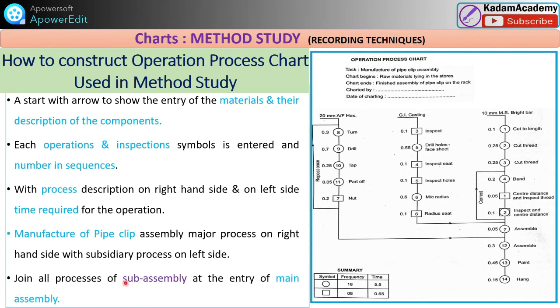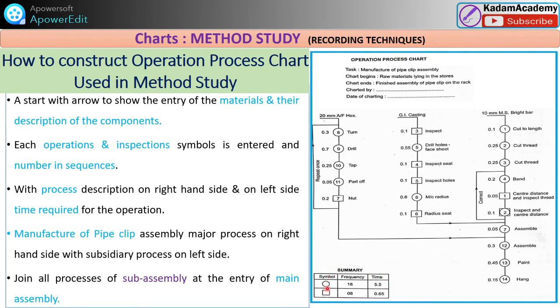So join all process in sub assembly here, sub assembly of these two, again the final assembly, main assembly here. So again paint it and hang it for sending toward different process. So the summary is represented here at the end.